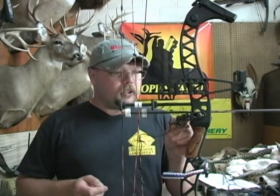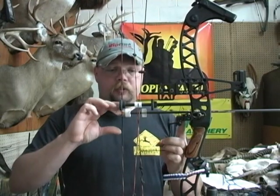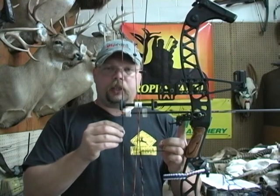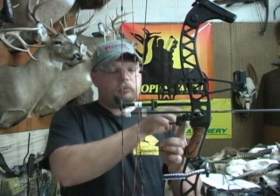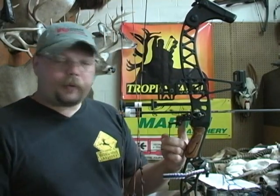You know, bring your rest all the way up to full upright and hold it there. You can put the levels on your bow. They're available at the Bow Tuning Tips online store. You can get the string level, make sure your bow's level, make sure your arrow's level. That's one way of doing it. Kind of the redneck way, the hillbilly way we like to refer to it,